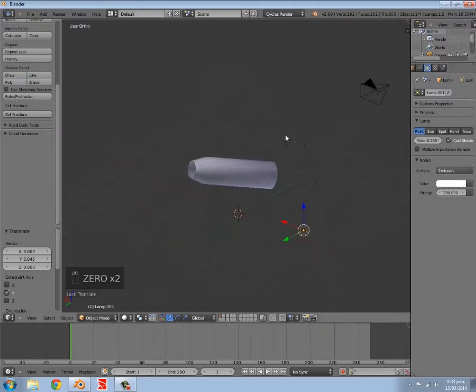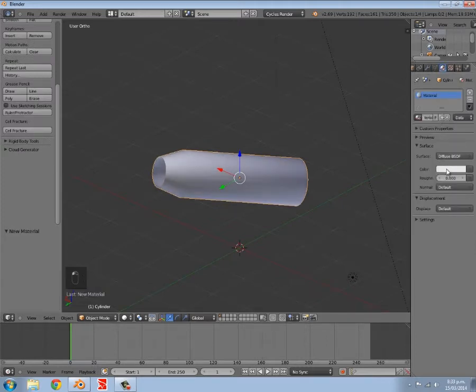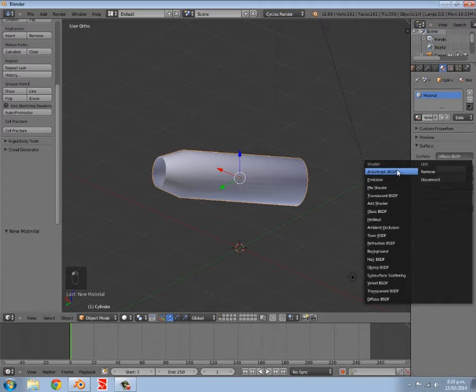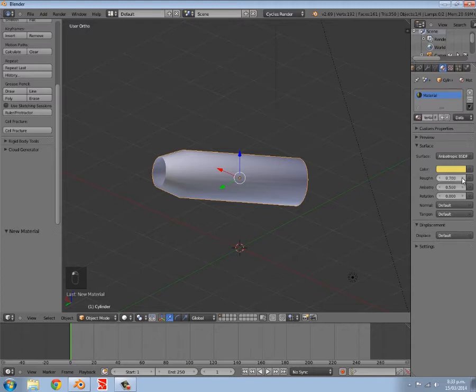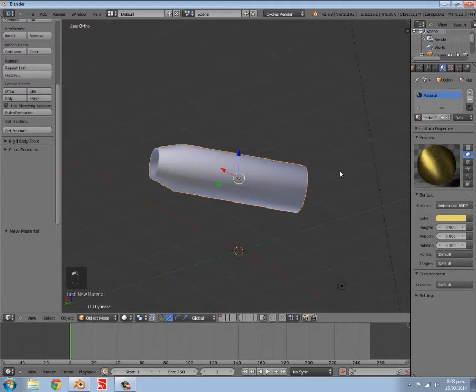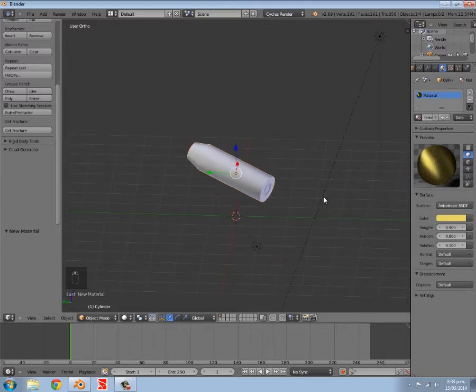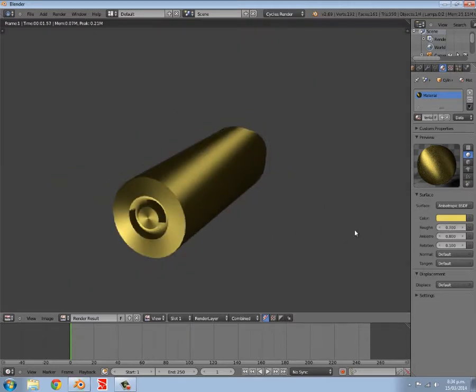Okay, so now our bullet here needs a material, so into the materials tab, we're going to click new, select anisotropic, and we're going to make it a golden color, so something like that. Turn up the roughness to around 1, can also turn up the anisotropy value, and you can put on rotation if you want. Maybe we'll just see how that works. So now I'm going to press F12 to render, and something like that looks very nice. Might turn down the roughness a bit,